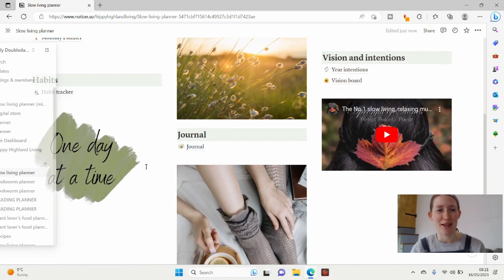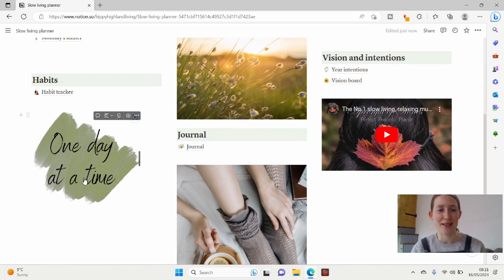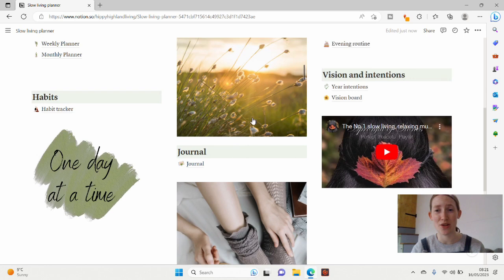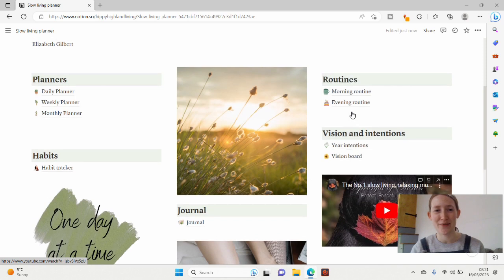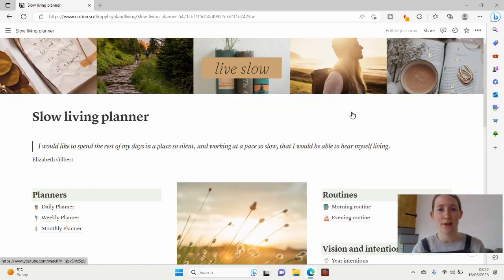This is just something I created in Canva. So this is a graphic, and again, the same thing. You hover over it, you get those three dots, and you can change it up. And then again, same with this. This is just a link. So I just embedded a link from YouTube as a playlist, but you can change that or delete it, whatever you prefer.